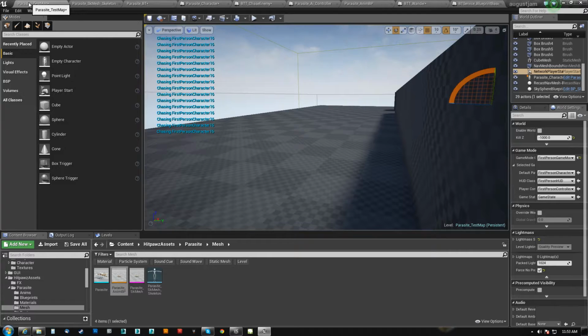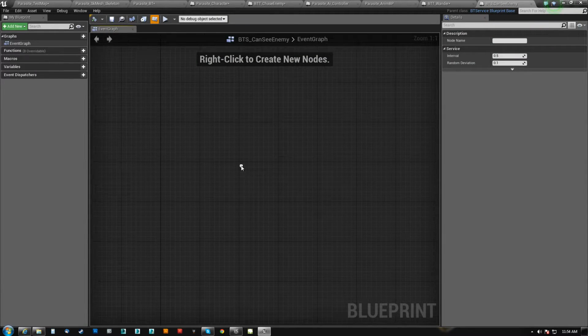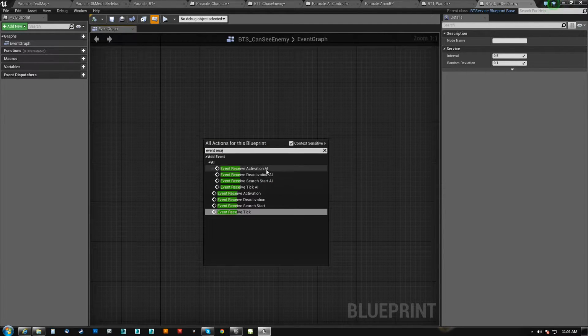Okay, and it opens it up automatically, but we do want to go ahead and rename that. So we hit F2 and we'll call that BTS check line, I kind of want to say check LOS for line of sight, check enemy, and let's say can see enemy. Okay, and that changes the name up here. So what we'll do is we'll say event receive,